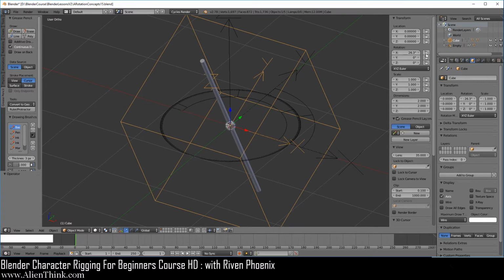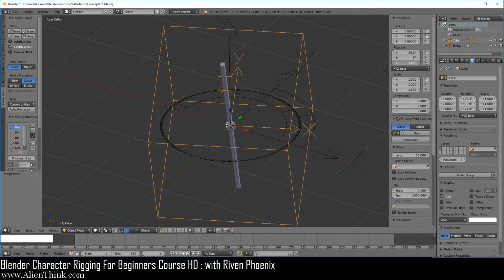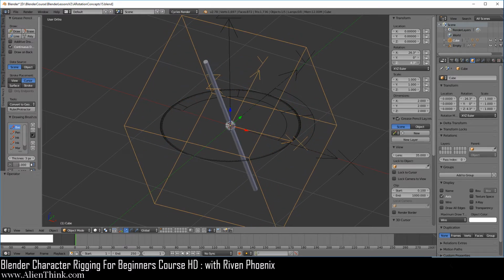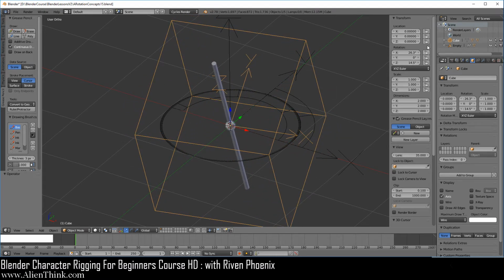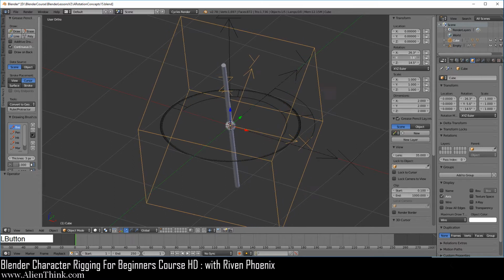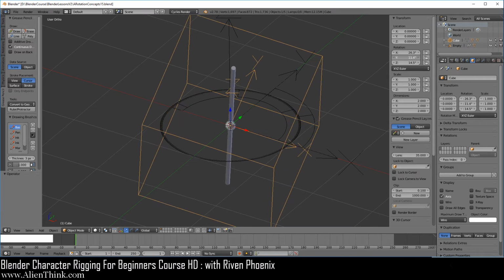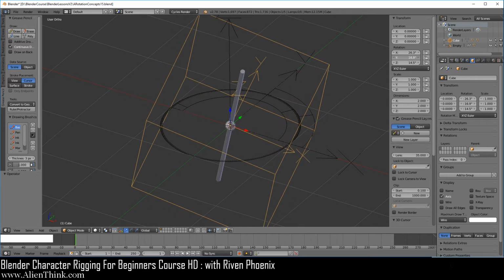Now when we rotate this object on the Z ring, it is simply rotating around the world z-axis. Okay, and because the Y ring is the child of the Z ring, when you rotate on Y, you can see that the object is simply rotating on the Y ring.